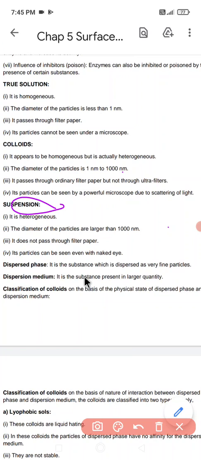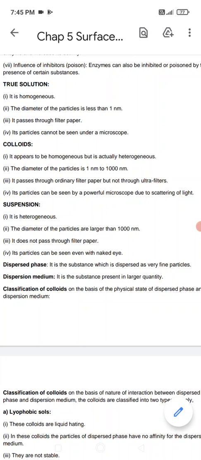These are some of the characteristics of suspension. For example, if you put some sand in a beaker of water, what could I see? I could easily see the particles of sand. These particles of sand, which I could easily see, are an example of a suspension. So these are the characteristics of a suspension. So there are three types of solution: the true solution, colloids, and suspension.